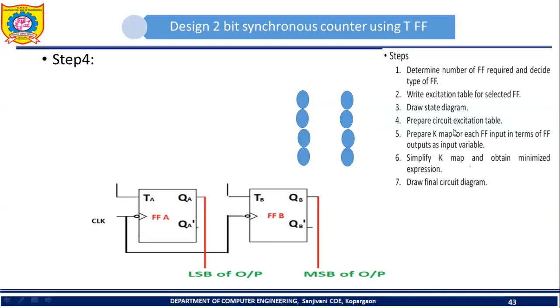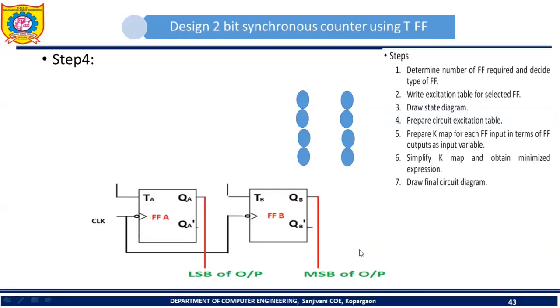Okay. Now what is meant by excitation table? I told you what is meant by excitation table. So what information is present in the excitation table? First column is present state. Okay. So we want to design the excitation table for the circuit. Now for this circuit, can you tell me which will be the present state? What is meant by state of the circuit? State of the circuit means output of the circuit. So which are the outputs of this circuit? QA and QB. So can I say that QA and QB will represent the present state of this circuit? Yes.